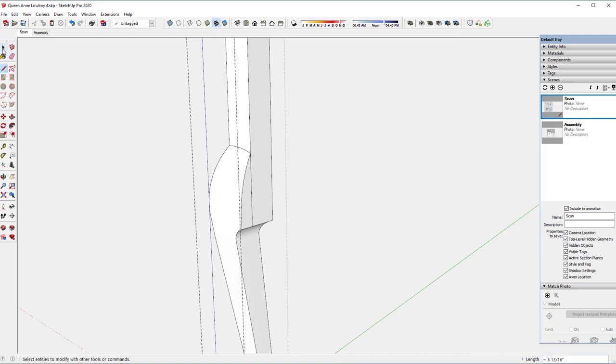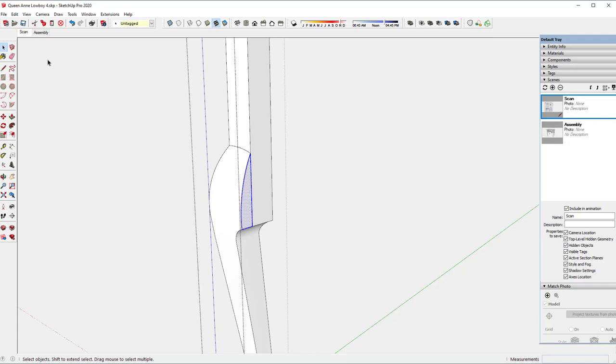So I want to select the boundary of that knee block. There, those three edges are what I need in that face,